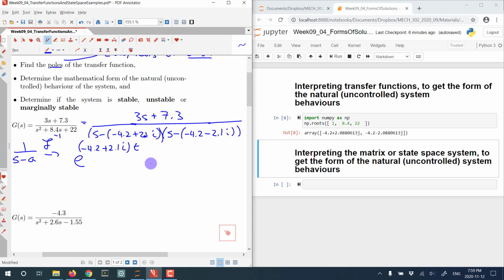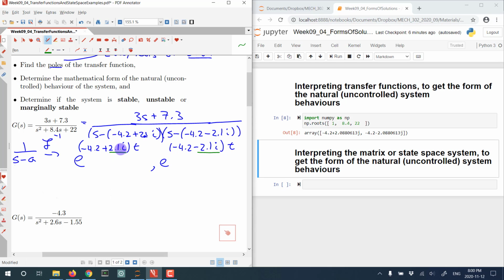And then we're going to get e to the negative 4.2 minus 2.1 i's, all times t. Nobody likes that. So if you flash back to first year calculus and Euler's formula, if you remember the expansion we can apply to these complex values,